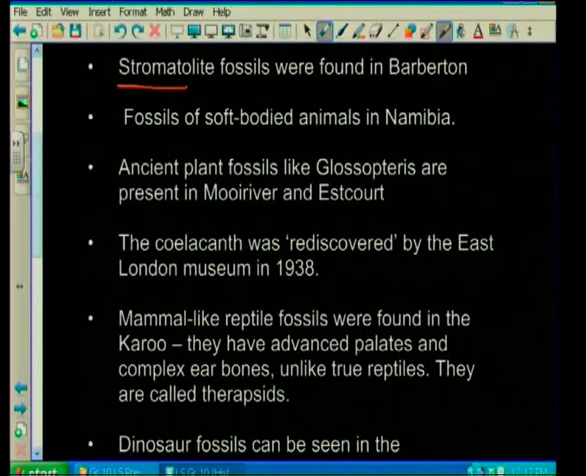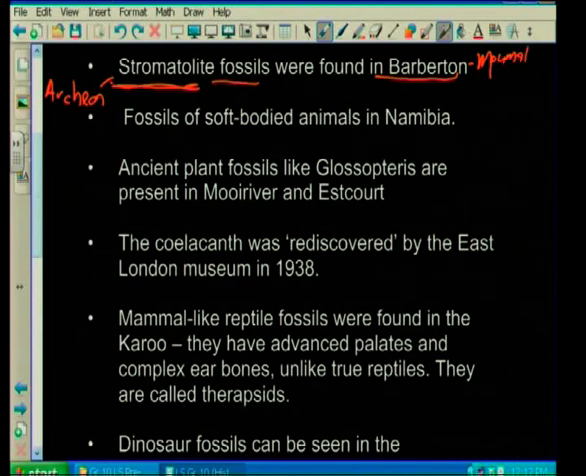The stromatolites, remember, the cyanobacteria, which formed part of the Archean time period. Those were stromatolites, and where do we have fossils to say that we had stromatolite? We do have stromatolite fossils found in Barberton, and this was in Mpumalanga. So if you go to Mpumalanga, in a town called Barberton, there are fossils of stromatolites that existed